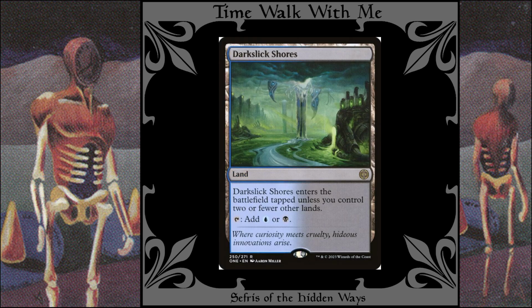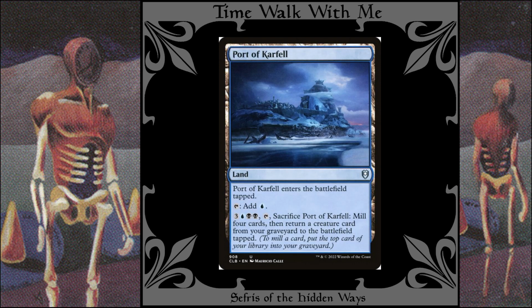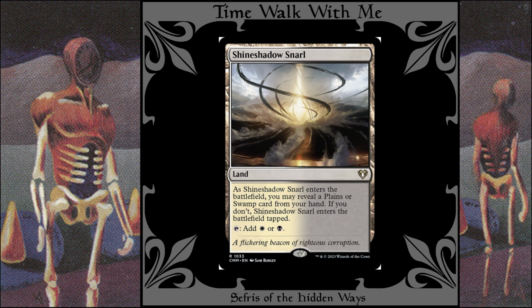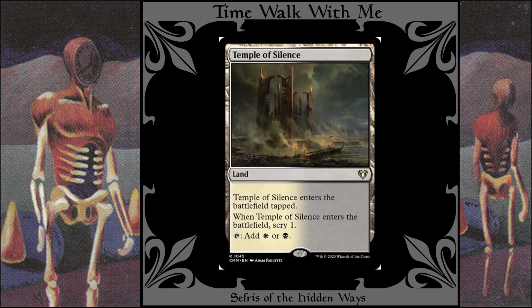Dismal Backwater, Darkwater Catacombs, Dungeon Descent. This is a great utility land for dungeon decks, like this one. Exotic Orchard, High Market. This also serves as a sack outlet. Port of Carfell. This can get something good in your graveyard and resurrect it right after. Port Town, Prairie Stream, Rogue's Passage, Shineshadow Snarl. Hey, I said that right the first time. Awesome. Skycloud Expanse, Spire of Industry, Sunken Hollow, and Temple of...